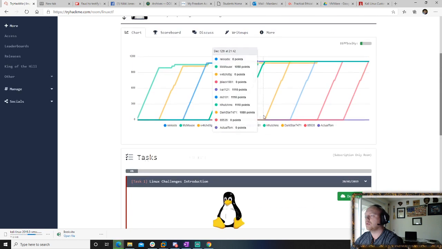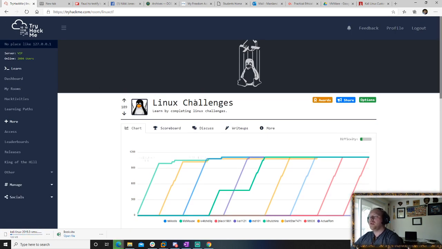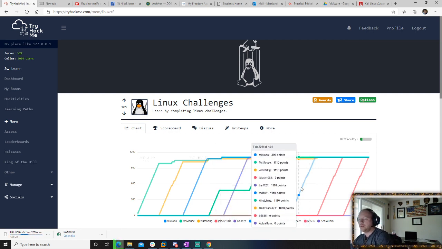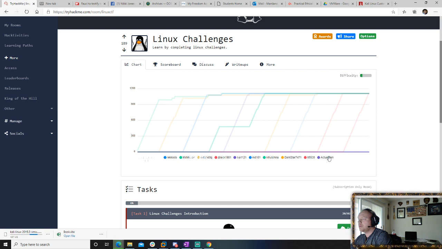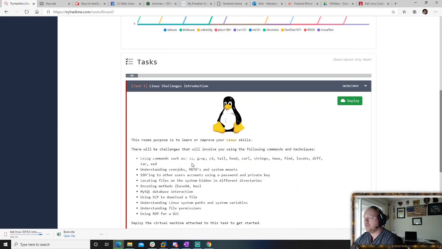While we're waiting, we'll click around in TryHackMe. This is the dashboard for Linux challenges. There's a scoreboard where people can keep track of how awesome they are. Obviously, I'm way down here at the bottom. The purpose of this is really to learn or improve our Linux skills. Challenges involve using commands: ls, grep, cd, tail, head, curl, strings, tmux, find, locate, diff, tar, and xxd.